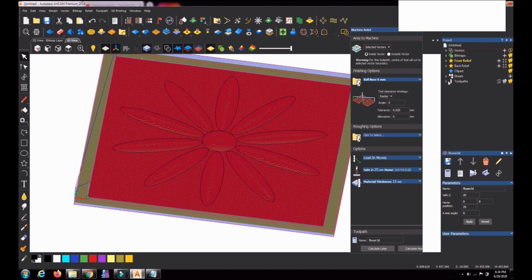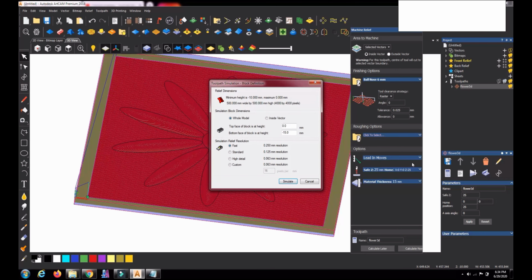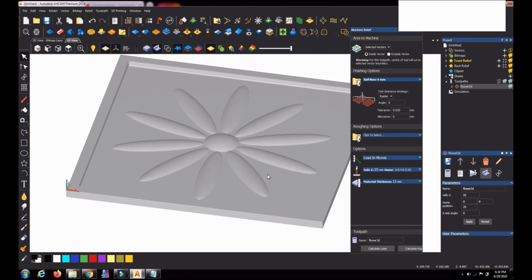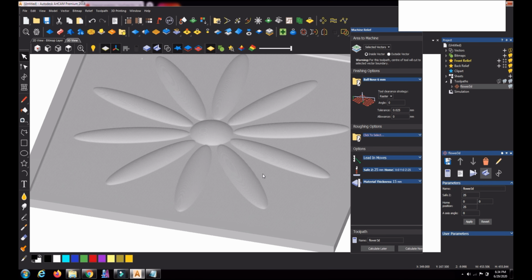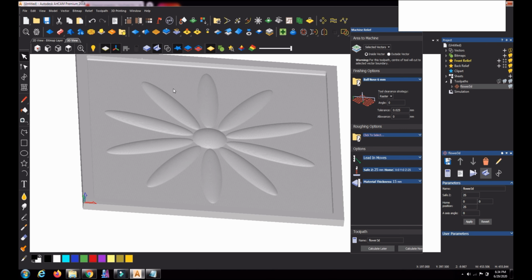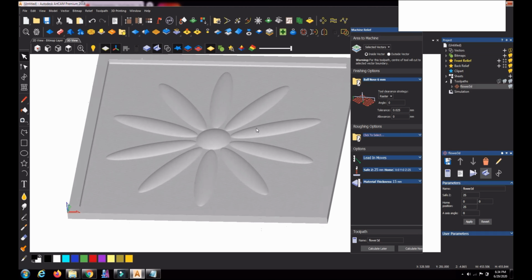Now you can go to toolpath here. This is the toolpath we created. If you want to see the simulation, you can click simulation toolpath like that. I am giving a faster simulation, because 3D will take a little more time. This is the material you have given, and inside that a 3D object or relief has been carved. Okay, so this is the output.